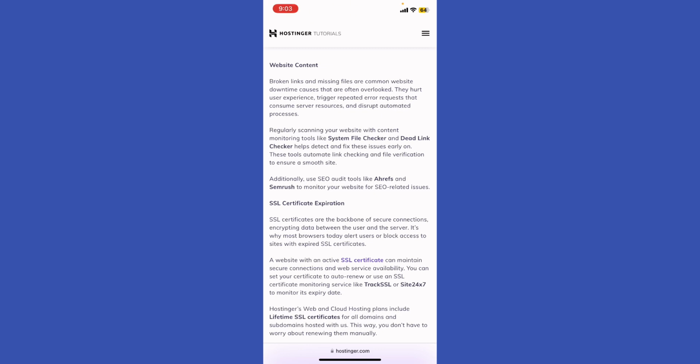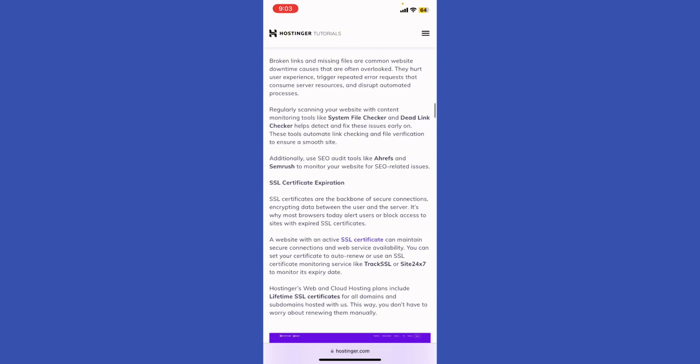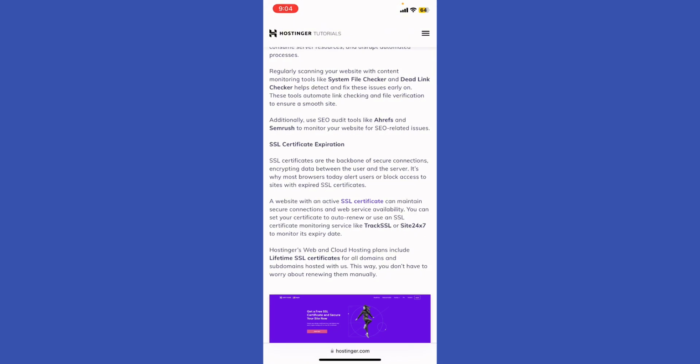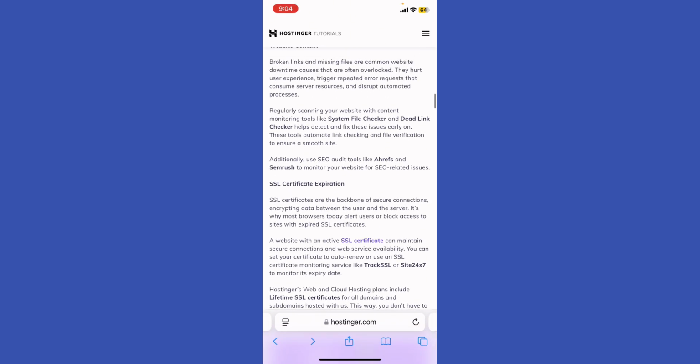Broken links and missing files are common website downtime causes that are often overlooked. They hurt user experience, trigger repeated error requests that consume server resources, and disrupt automated processes. Regularly scanning your website with content monitoring tools like System File Checker and Dead Link Checker helps detect and fix